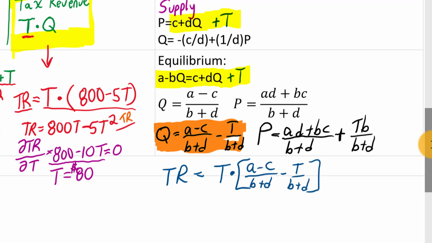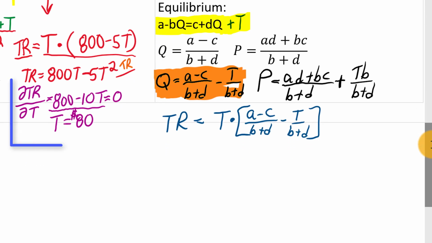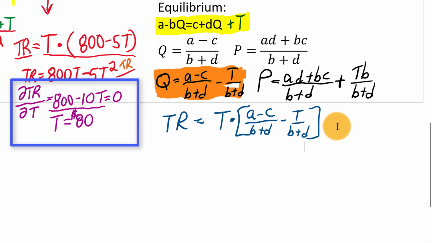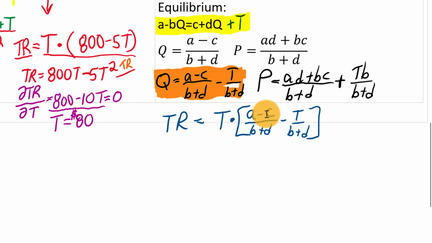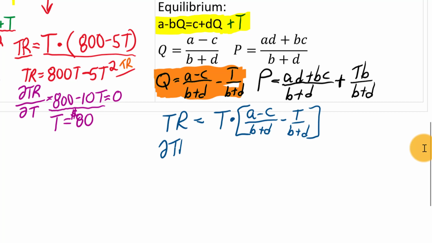And what we want to do is the same kind of thing as before, except now we're going to get a general solution. We want to know how high I should set a tax level for any equation of demand that's a line and equation of supply that's represented by a line. How high should this tax level per unit be to get the maximum tax revenue? Again, this tax revenue is going to be a parabola, and we want to find where the maximum is. So we're going to take the partial derivative of the tax revenue with respect to the tax level.